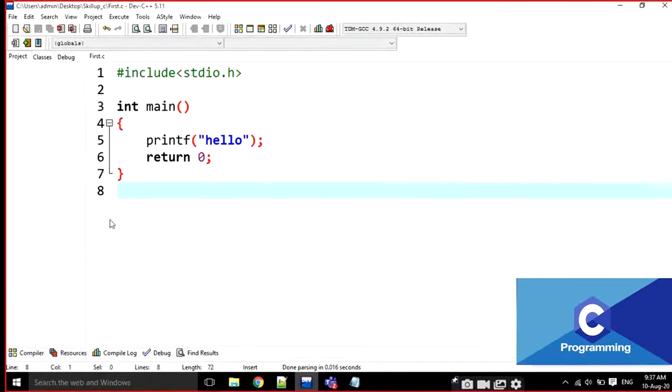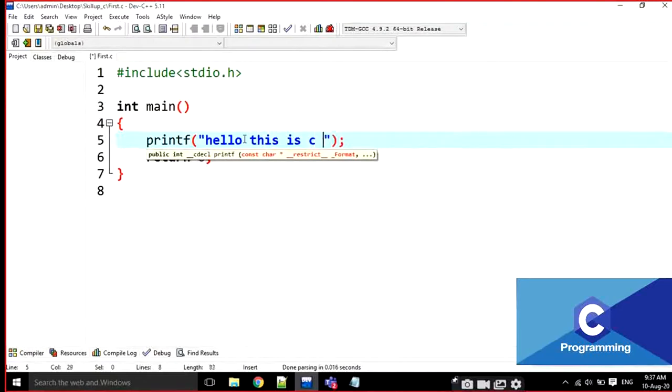Okay, then this is the basic program. I'm writing here, "Hello, this is C programming class." For example, I'm going to execute it.